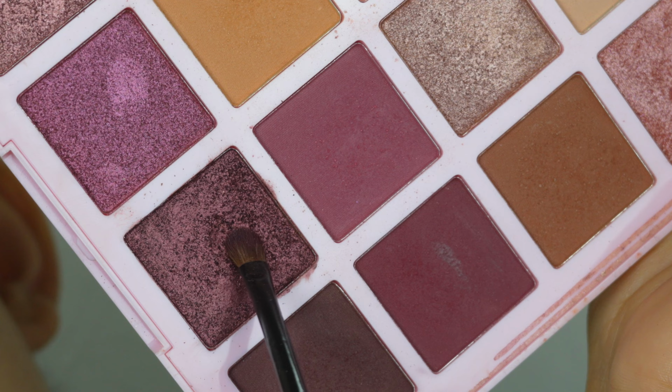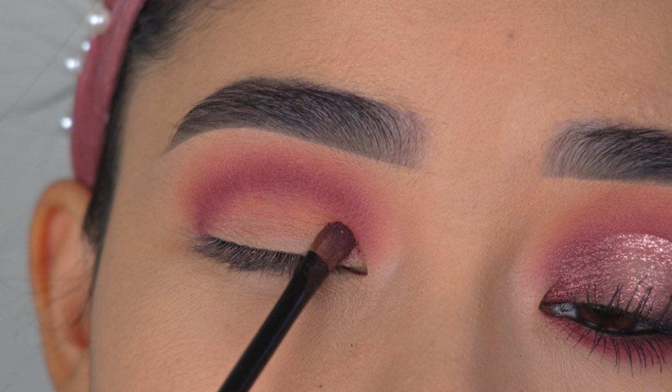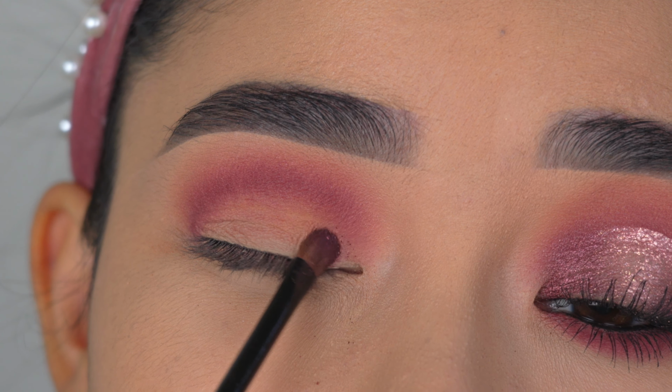Then I'm going to grab this eyeshadow using the same little brush, and I'm going to apply this first on the inner corner, just on the eyelid. I want most of the product to go right there, but I do want this to go above the crease. So with whatever's left on the brush, I'm going to start blending it out, and it's going to move higher towards the crease. I just don't want to go over the matte eyeshadow I already applied on the crease, just keeping it right there. And it's going to be super easy to blend out because we're blending it out on top of that matte